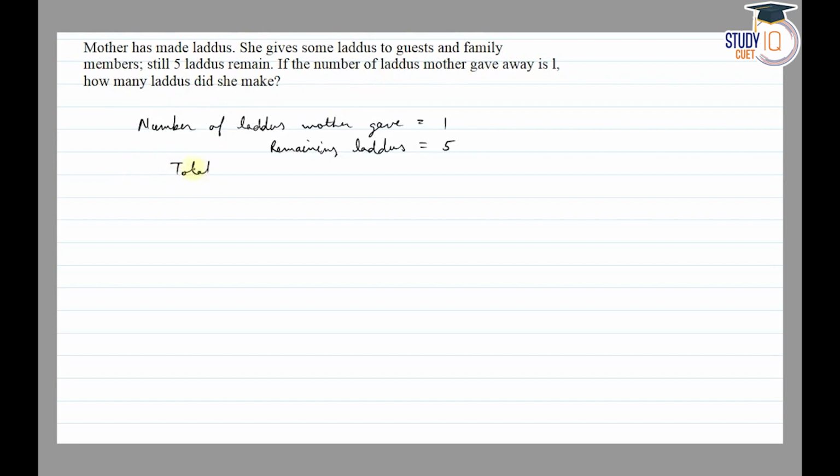So total number of laddus is equal to number of laddus mother gave away plus remaining laddus. तो हो जाएगा हमारे पास number of laddus mother gave away 1 and remaining laddus is हमारे पास